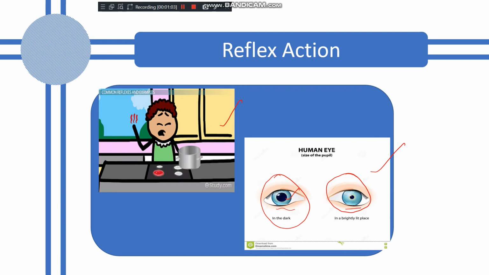Okay. So here also it is sudden or spontaneous, it took place. When we are touching any hot object, we are not waiting, okay, it is hot, we will take it away after 5 minutes. No, suddenly we are taking our hand away from it. When we are entering a dark room, spontaneously our size of pupil is increasing. The same way when we are coming to a bright light, the size of pupil is decreasing.